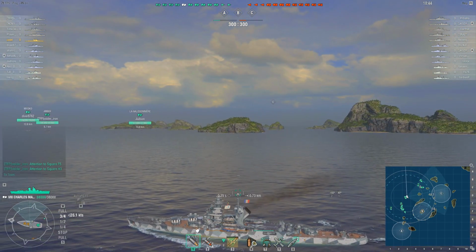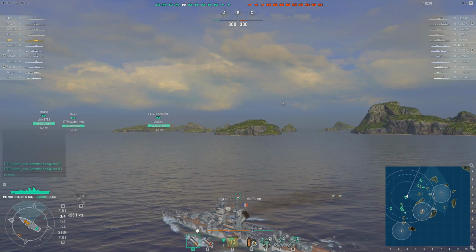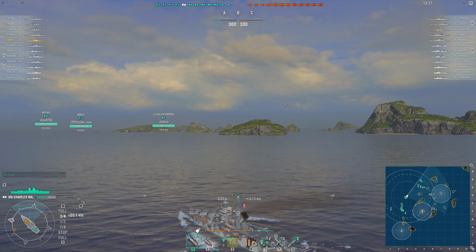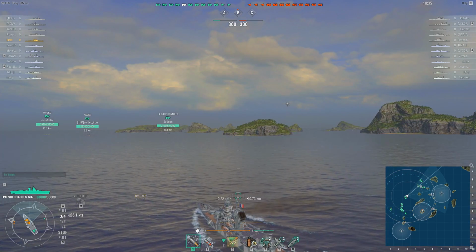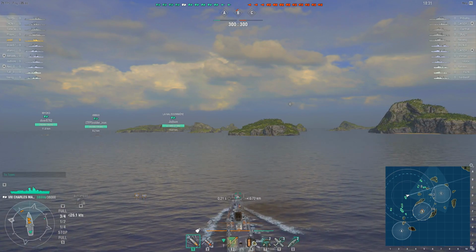Well, at least I'm assuming it's a North American server because he keeps running into a very kawaii Canadian at several points throughout the course of these battles. You'll know him when you see him. More on that later. For now, we're going to be taking a look at, well, this was actually the first